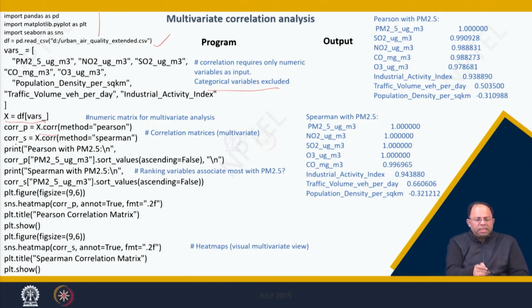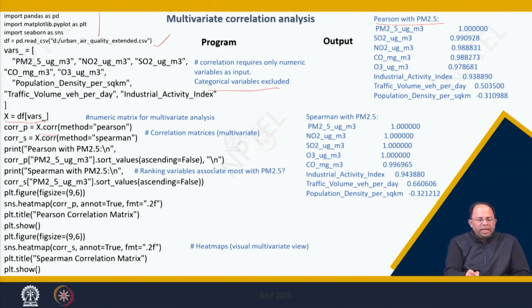Now I am printing the values, that is Pearson with PM 2.5, \n, which is the next line. You can find Pearson with PM 2.5. Then we are going to the next line, printing the values like corr. First we do this with corr_p PM 2.5, correlating with all the variables that we have taken over here. So in corr_p PM 2.5, sort_values ascending